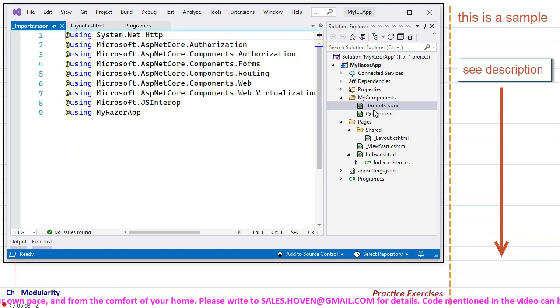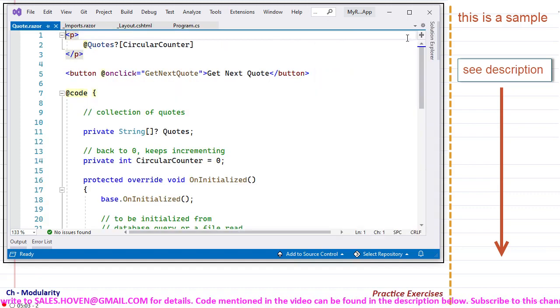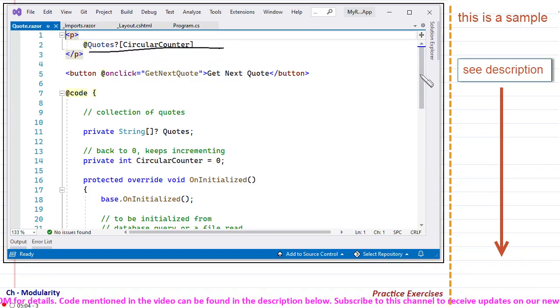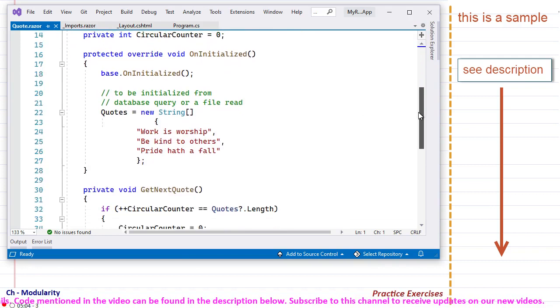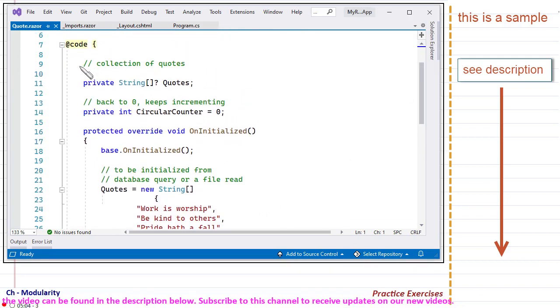This imports has been done. Copy pasted everything here. My Razor app. This last is using my Razor app, and this is my code.razor, and I can see the code here. You can see that this is at quotes circular counter. So basically we have used a circular counter. Let us come to the code part first. In this code part, we have a quotation